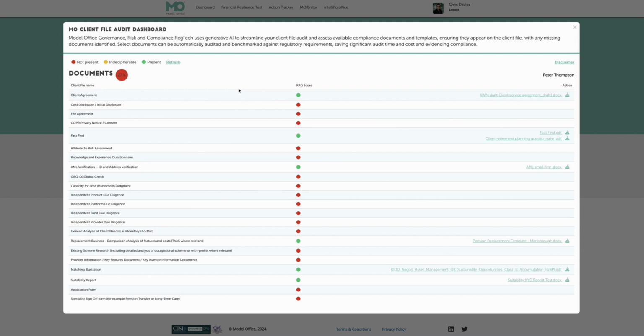This is really important considering the FCA's latest thematic review 24.1, which focused on the income retirement advice review, and looking at the quality of data, or documents I should say, in the client files and binders. So what the AI is doing here is sense checking what files should ideally be in a client file from a good practice perspective, against what is actually in there. So that's the red, amber, greens, and also